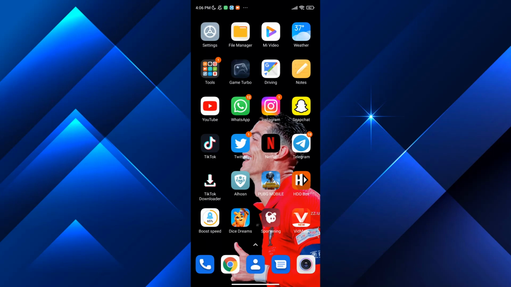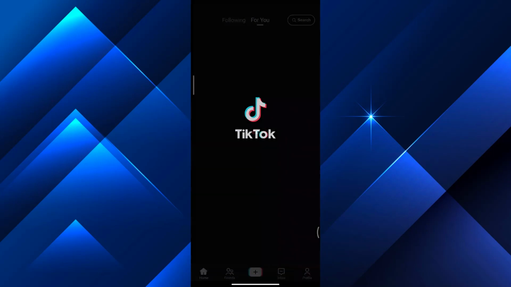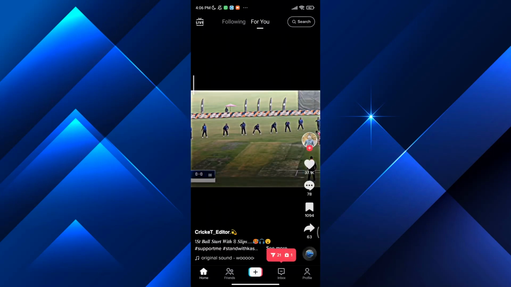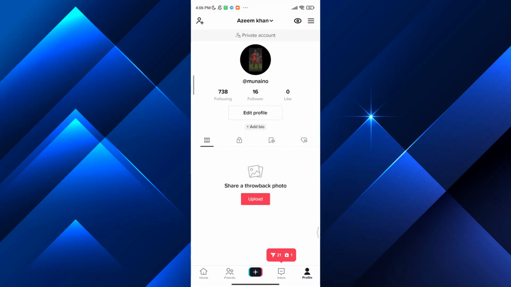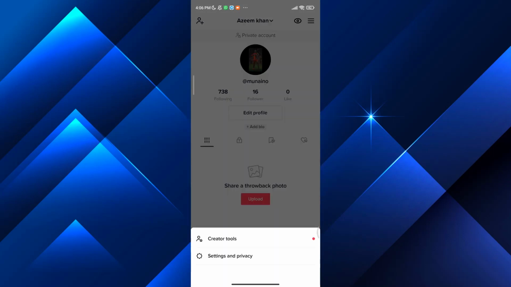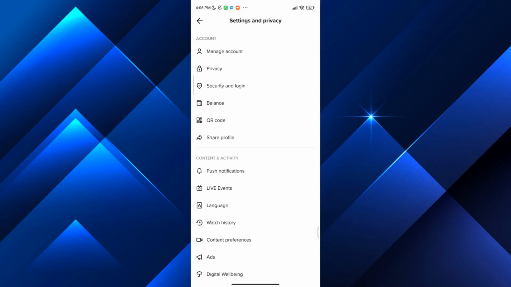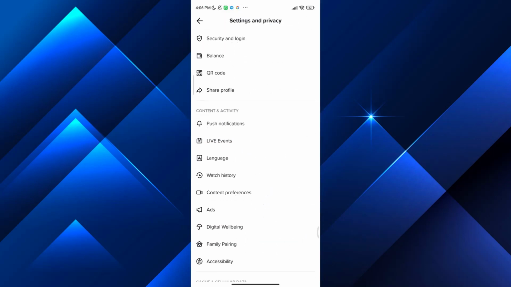So let's begin. Just open your TikTok app or your TikTok account and then tap on your profile, and then on the upper right side, tap on the three lines and then tap on settings and privacy, and then just scroll down, and in the content and activity section, in the fourth one which says watch